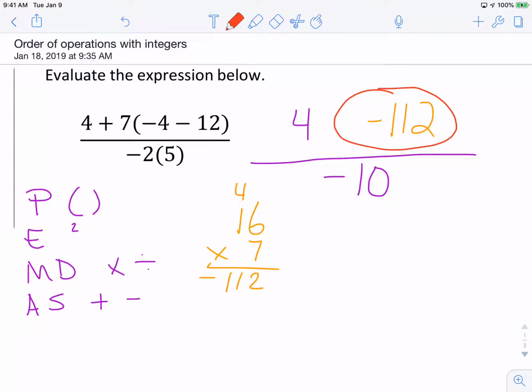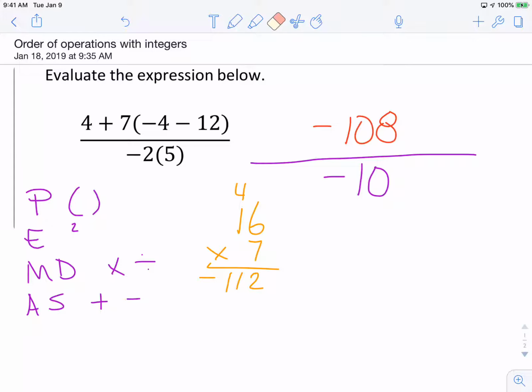So 112 minus 4 is 108, but my answer was negative because 112 was negative. Okay? So now we have 108